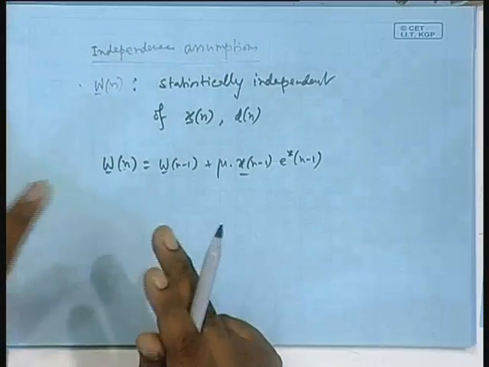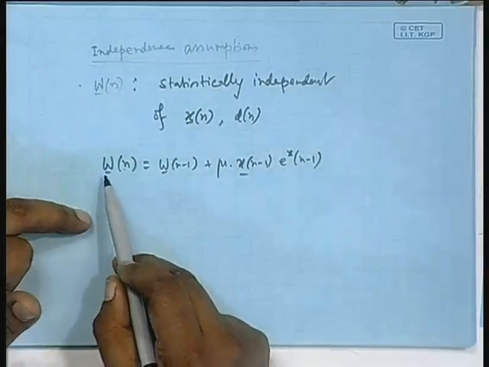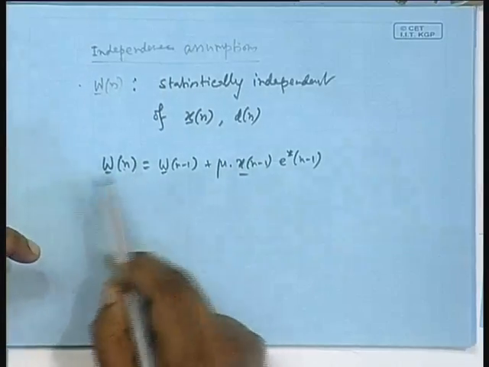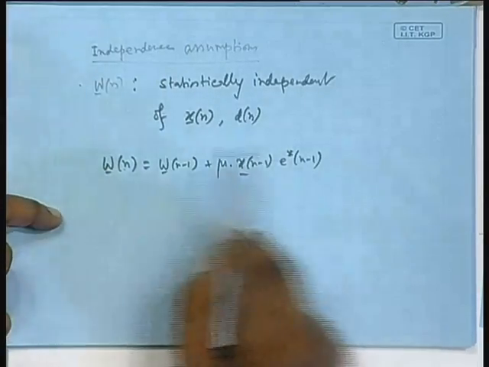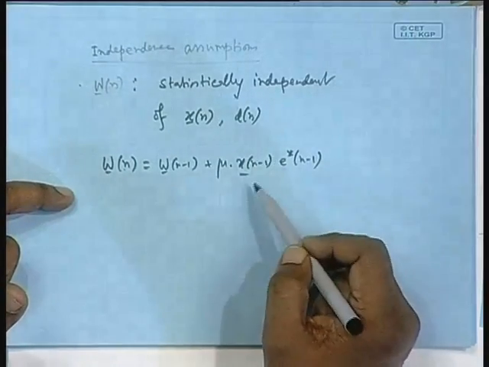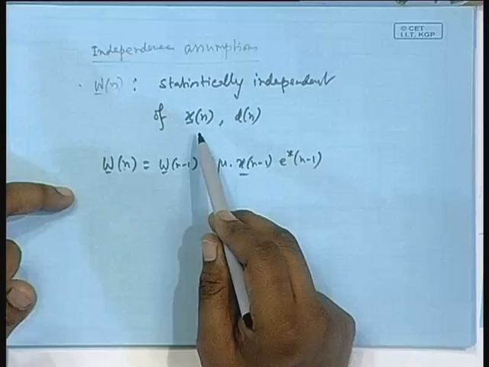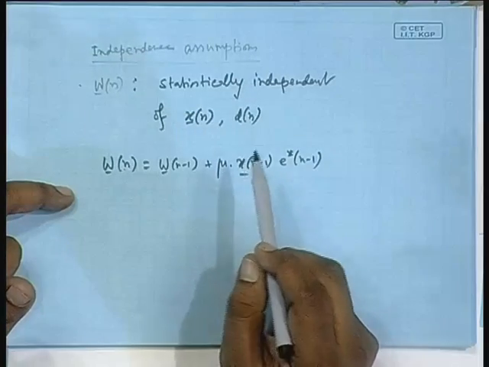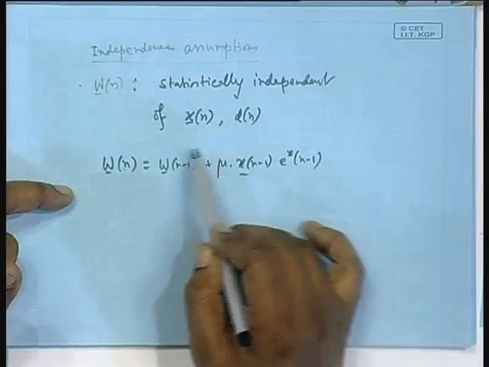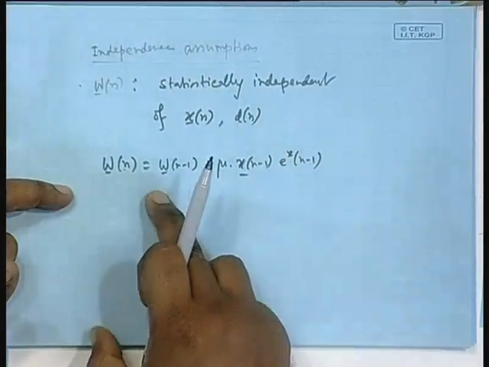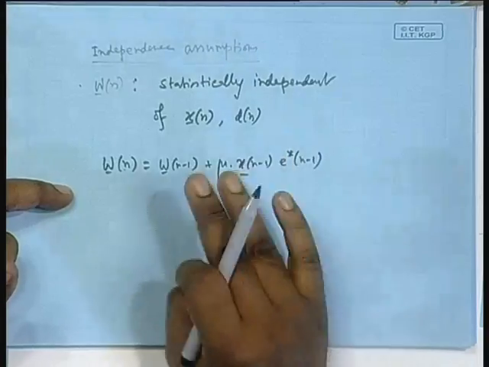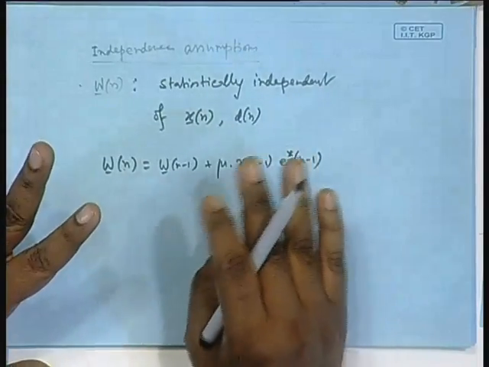This assumption looks weird, because this is my dynamic equation, how W evolves with time from its past value. It gives the W dynamics, and it clearly shows that it depends on data which is part of the current data vector. Then people say that because mu is usually small and this error is small, in this equation this term has very little contribution compared to this. So, that kind of roundabout logic, some analysis on that people do, but this is an assumption that works in practice.